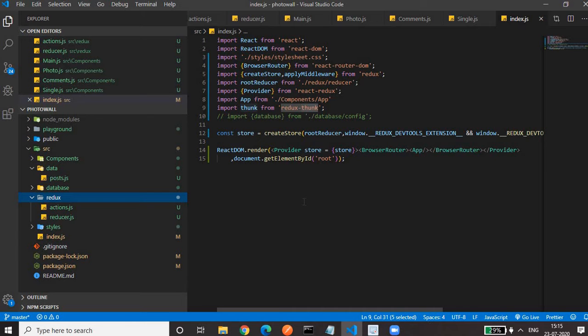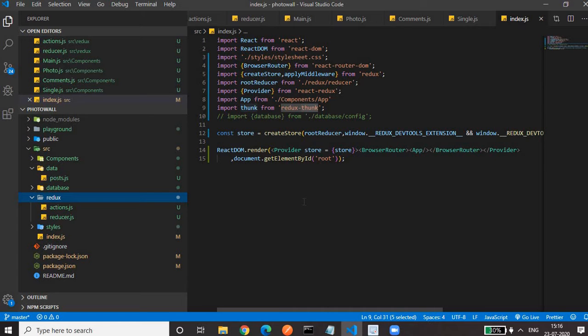Earlier we were taking some hard-coded post data. Now we will fetch the data from the database. After fetching, we will fire an event to store the post or comment in the store so that our application can access it.